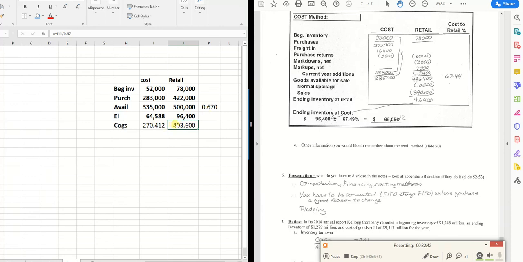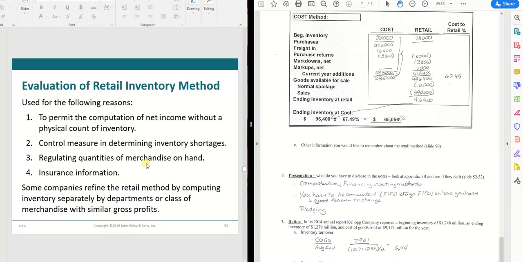So I could use my checkout register tape to determine sales, back into that, and then just back into the only unknown that I have, which is my ending inventory there at cost. Okay, so it's very quick, so you can do it for interim financial statements. You can also kind of say, all right, that's what my ending inventory should be, and maybe I do want to go count it if I suspect theft or something like that. All right,